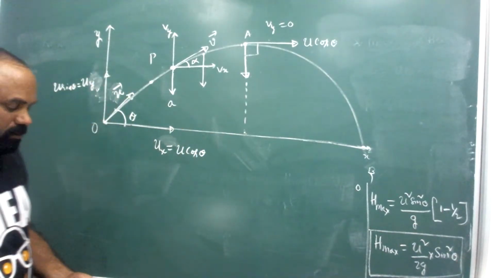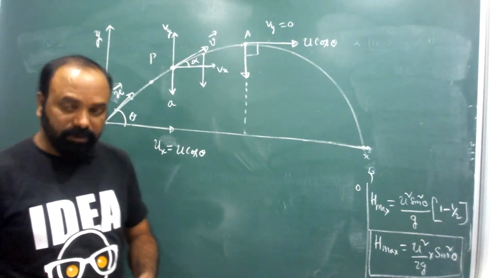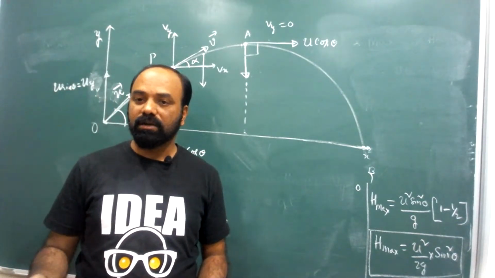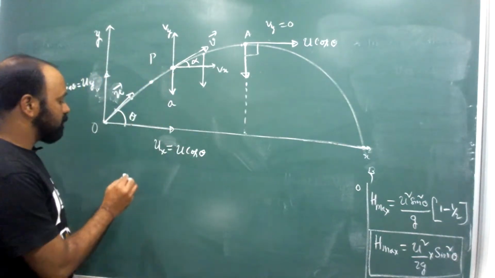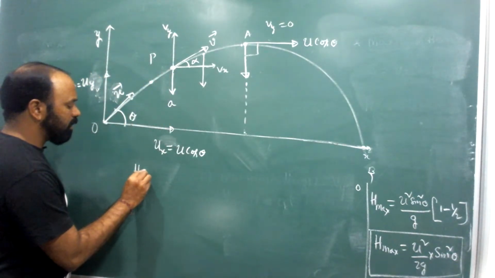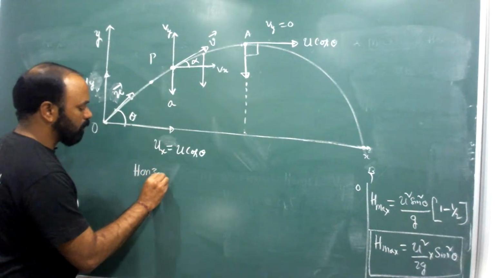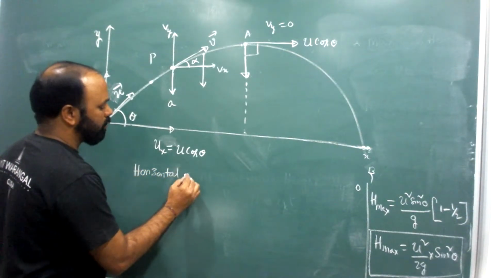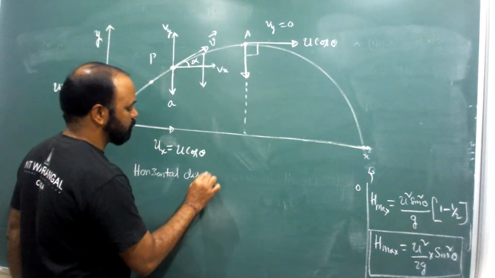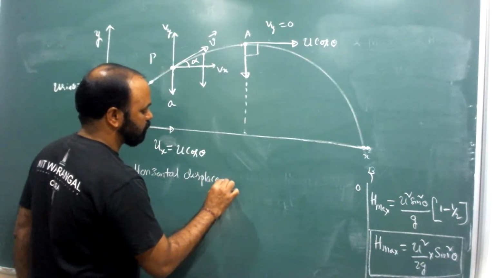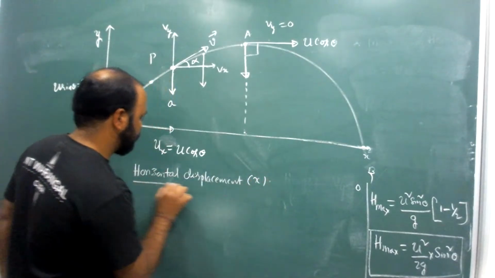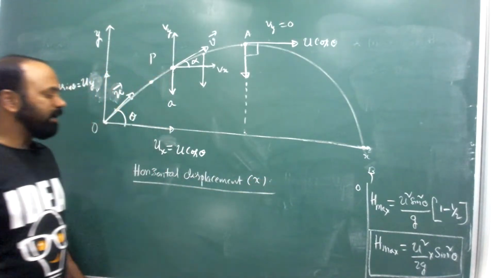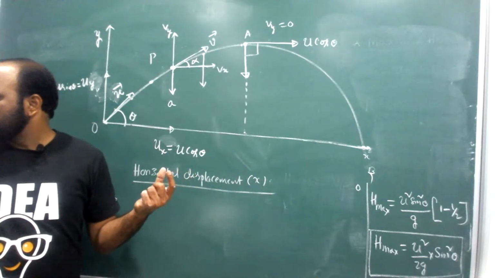If they ask, normally they will give some time t seconds, and ask what is the horizontal displacement. Otherwise, they ask what is the vertical displacement. Horizontal displacement we can write, horizontal displacement is x. This we can write. Normally we have the formula